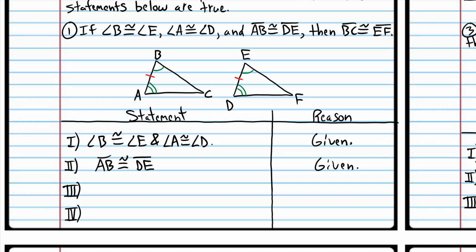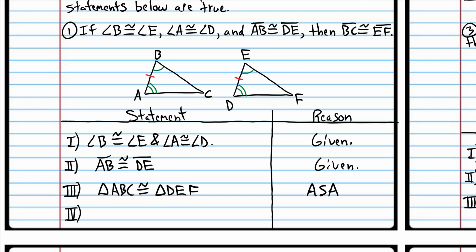And so that information proves that the two triangles are congruent. Triangle ABC is congruent to triangle DEF. And we know that by ASA, angle side angle. We learned that in a previous class. So now that we've shown that the two triangles are congruent,